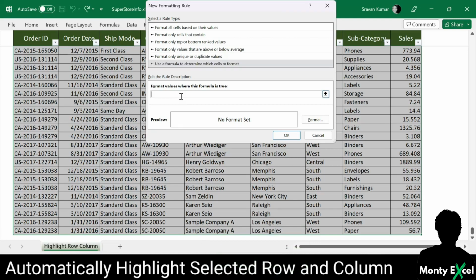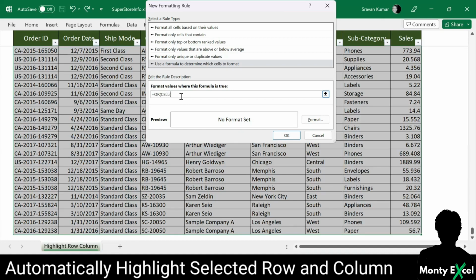So here, as you have seen in the previous videos, when I'm trying to format any row, I'm using a function called ROW. In the second video, when trying to format a column, we used COLUMN. Now we need to use both combinations, the rows as well as the column. So when we are using both conditions, we are using the OR operator, and we are using the